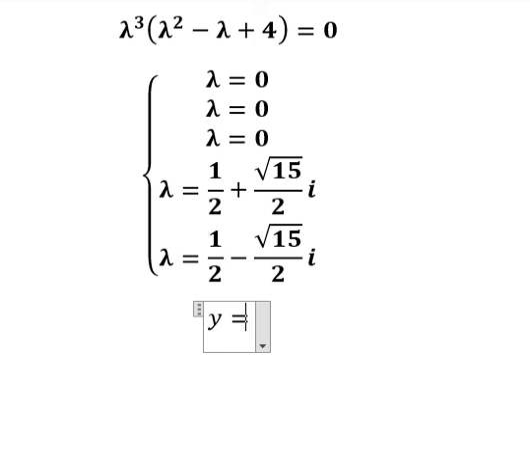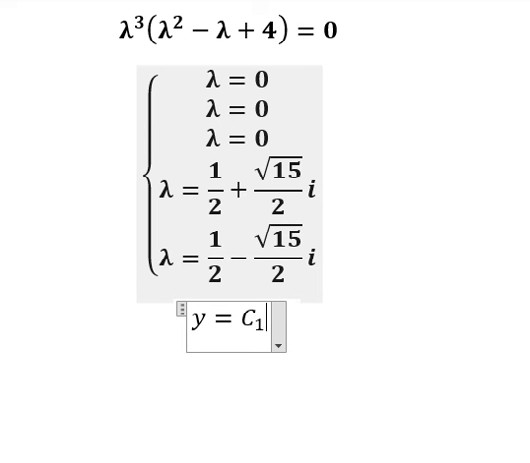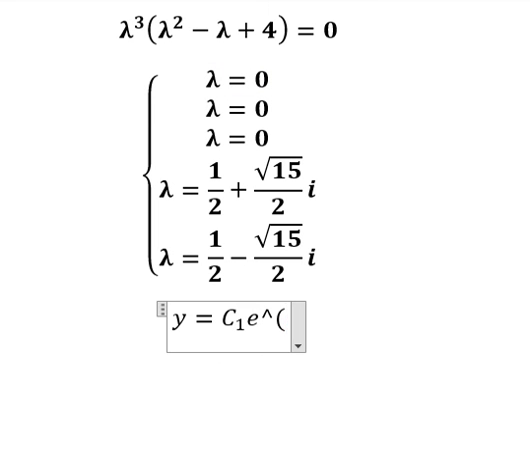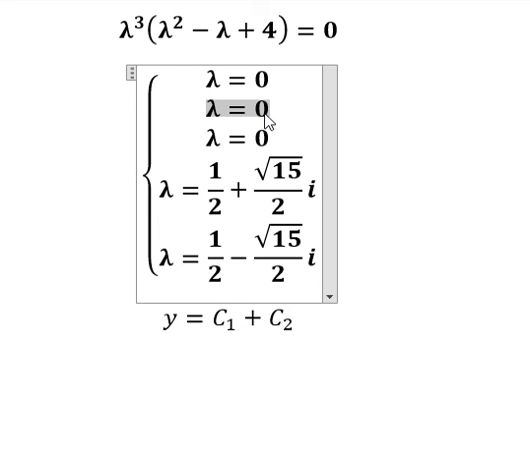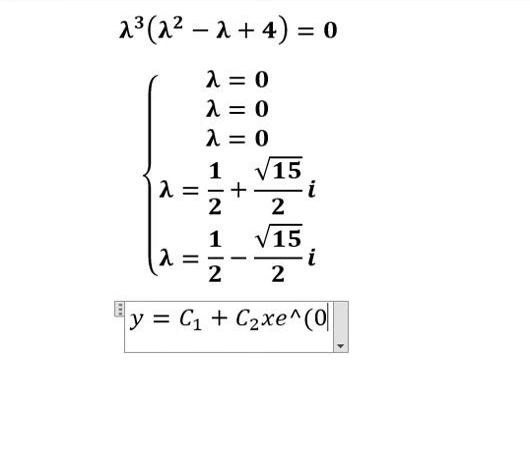So y equals to c number 1. That is the constant number 1, e to the power of lambda s. We change lambda equals to number 0. So e to the power of 0, you got number 1. So we just put into c number 1. C number 2, because the solution is lambda equals to number 0, is same for the first one, so we need to put s, e to the power of 0s,